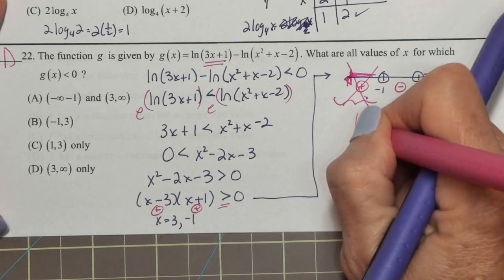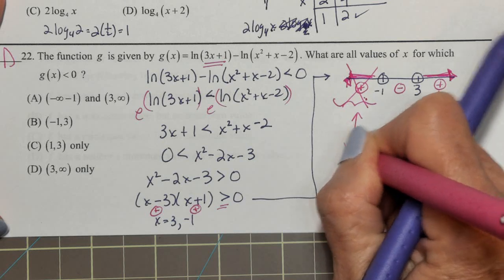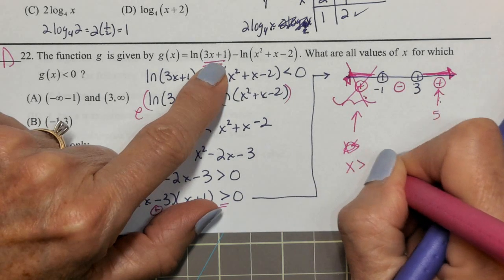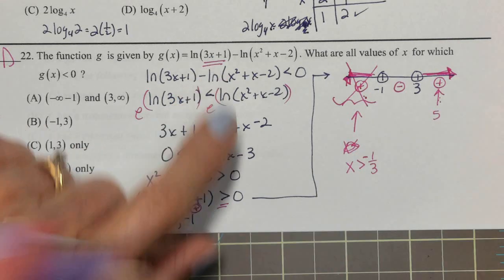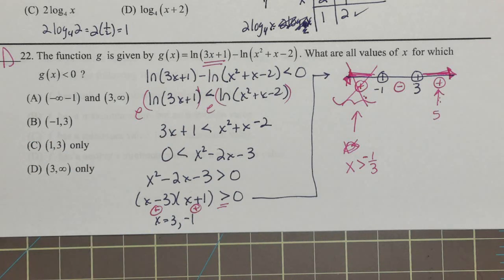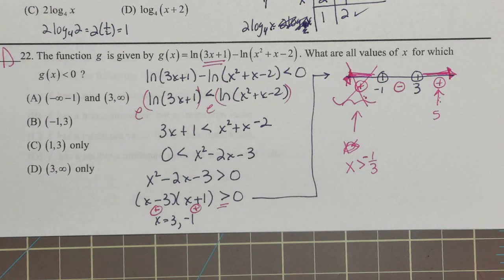Again, x must be greater than negative 1/3. It must be greater than negative 1/3. Okay, maybe if I had done it the other way where I combined logs to begin with, maybe I wouldn't have had to deal with that. Or maybe I would have. Who knows? Okay,